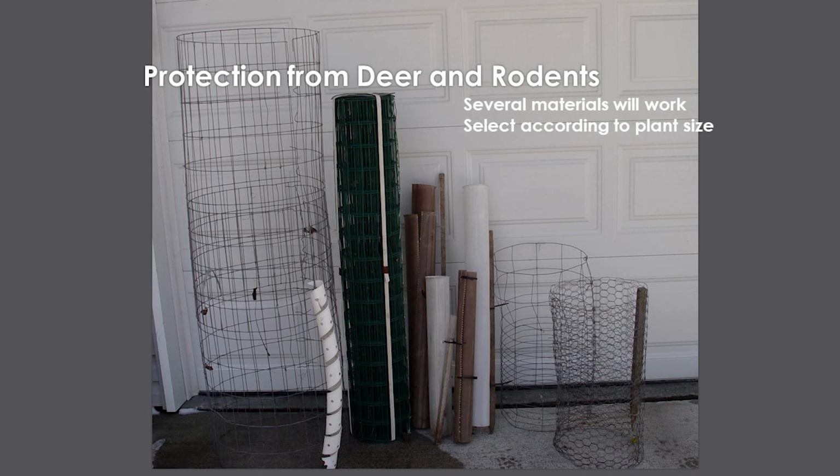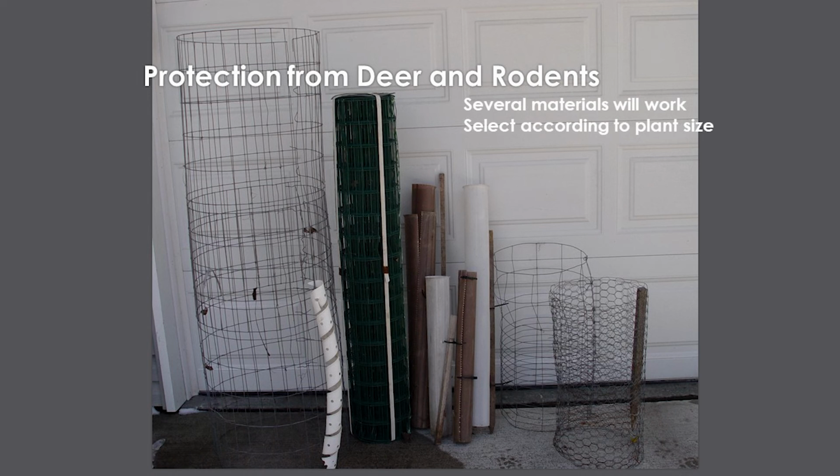Okay, so these are all the materials I use on my property, depending on what size the plant is. So if it's young, I'm using these, whatever's cheap and easy for me. These are for the young stuff, the young things. And if you've got full sun, you can use 2x tree shelters, but then you've got to protect them when they come out the top. They'll grow real fast in these little greenhouse-like structures.